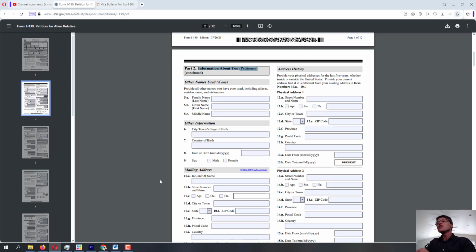Whenever it comes to the beneficiary, in that section of the address, you can put the foreign address. Obviously, that's completely fine because that's what they expect from a beneficiary. Sometimes a beneficiary can be in the United States, but in probably most situations, beneficiaries are outside of the United States. So you can put the foreign address.